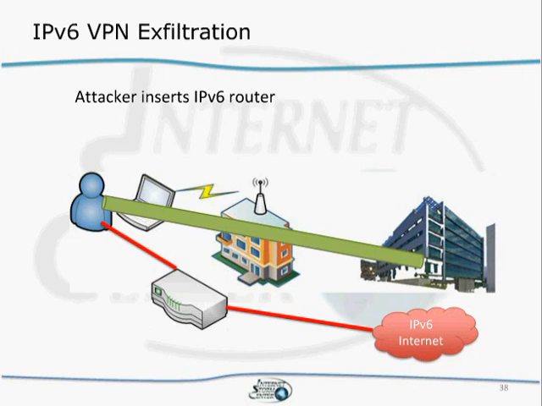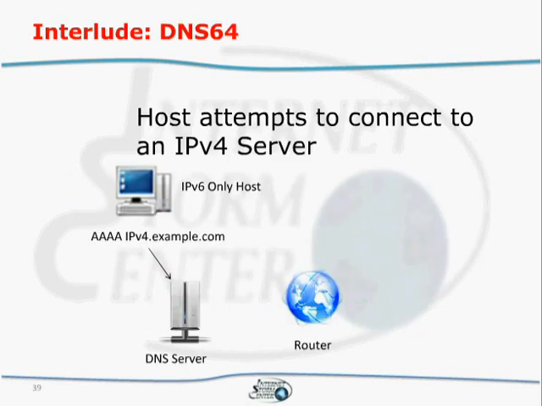But then again, remember, Google, Facebook, a lot of these large sites are IPv6 enabled. However, for the attacker, there is a special trick they can implement here. And that trick is called DNS64. There is a specific feature in DNS if you have an IPv6 only network that no longer uses legacy